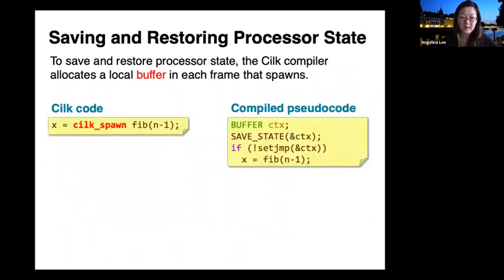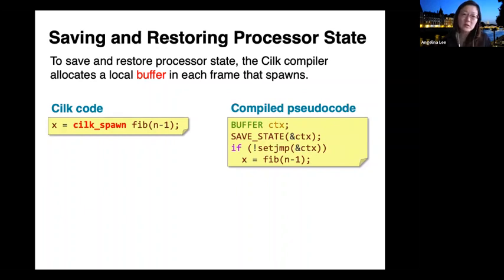Well, in this case, this is actually with some help from the compiler to allow us to save and restore the processor state. And in particular, for every Cilk function, there's a local buffer that is allocated in each Cilk frame corresponding to that Cilk function.